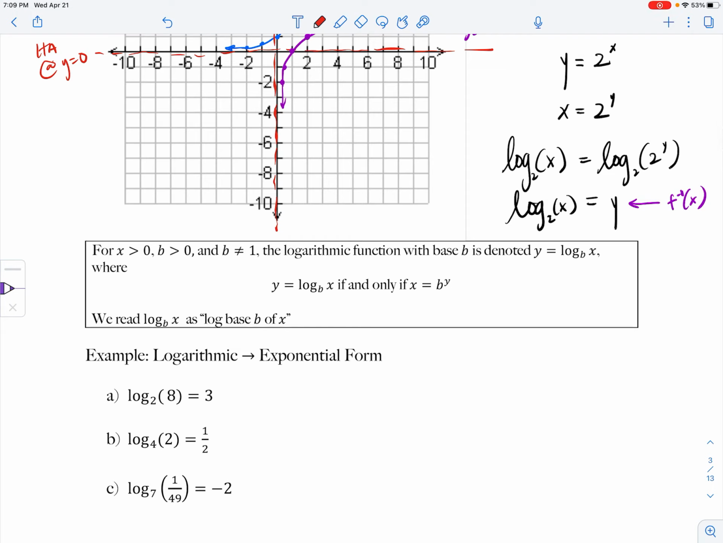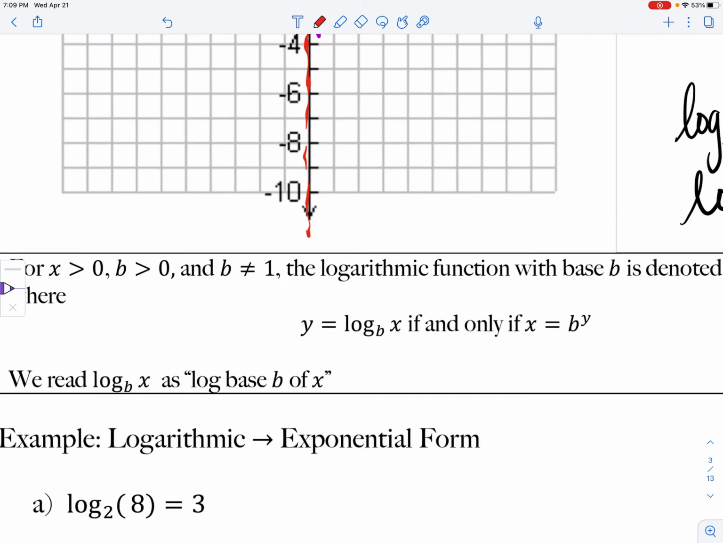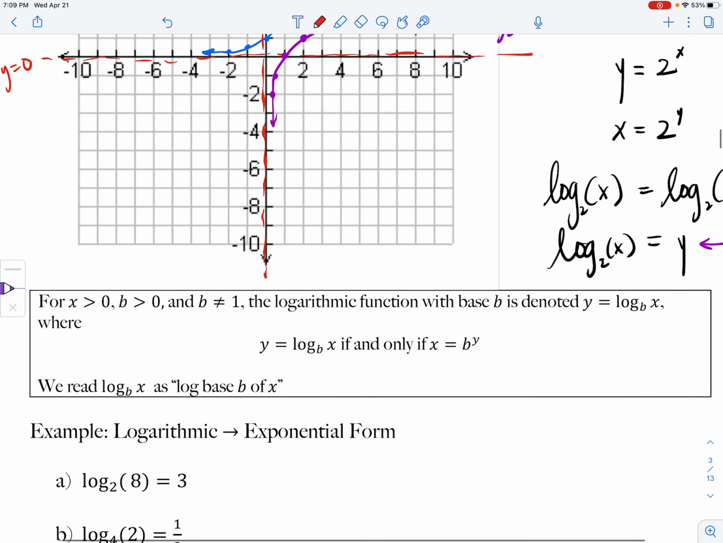Okay, so here is our definition of a logarithmic function. I always like to draw the arrows to help me. So for x greater than 0, b greater than 0, and b not equal to 1. And these restrictions go back to our definition of an exponential function. The logarithmic function with base b is denoted as y equals log base b of x, where this statement is true. And basically what this statement says is that